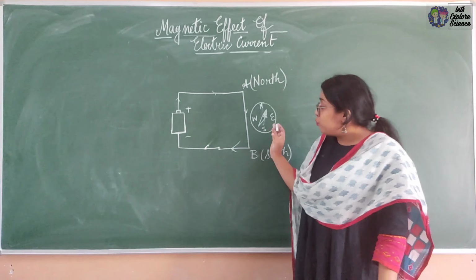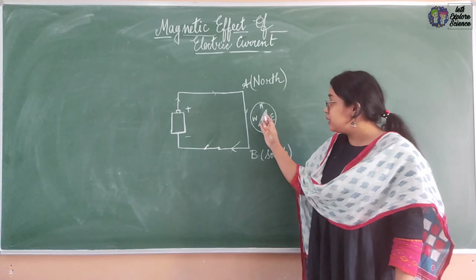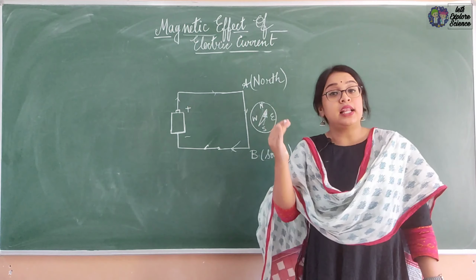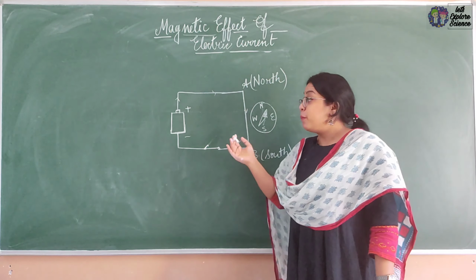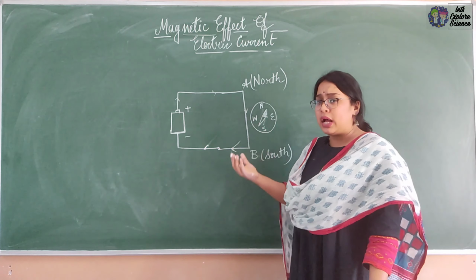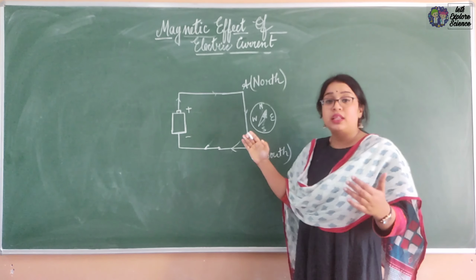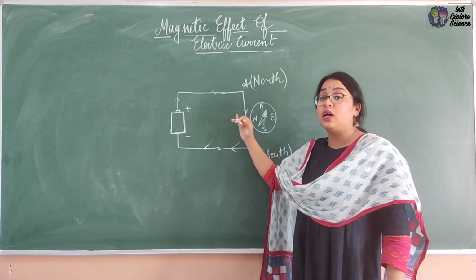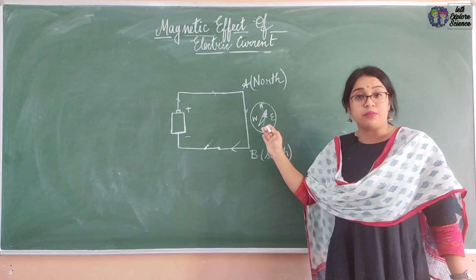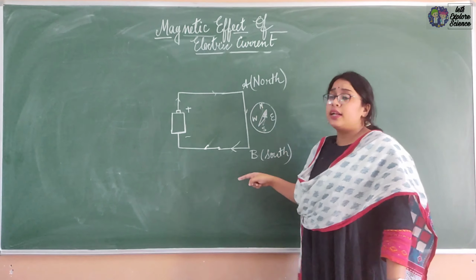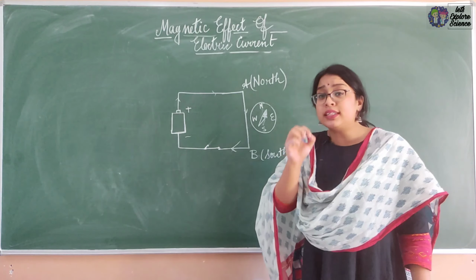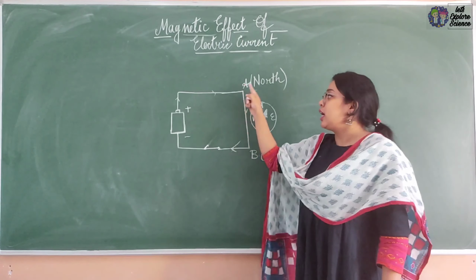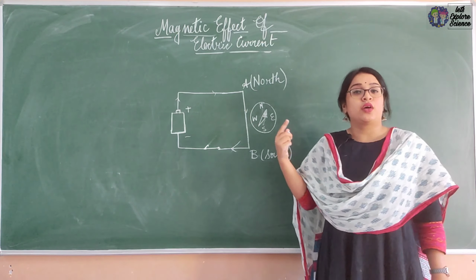No. What actually happens is, as I have told you previously, a compass needle is also a magnet that aligns itself with the earth's magnetic field. But when you bring a bar magnet or any magnet near to it, then it will deflect. That means if in the place of this conductor you bring a bar magnet, you can see the same thing. That means this current carrying conductor is producing something that is deflecting the needle of the compass. That means it also produces a magnetic field.